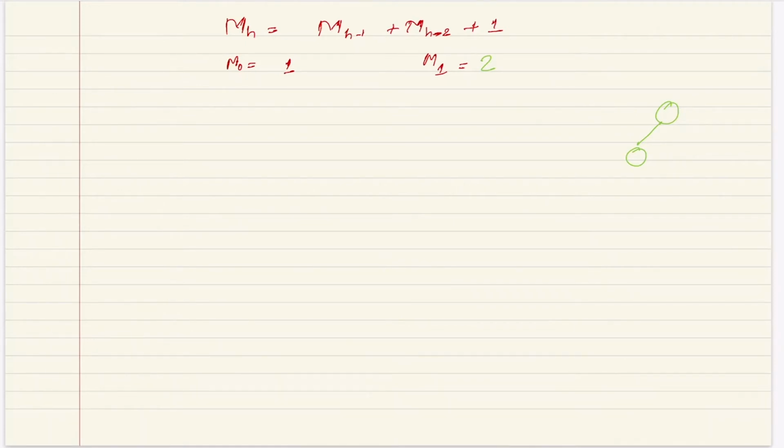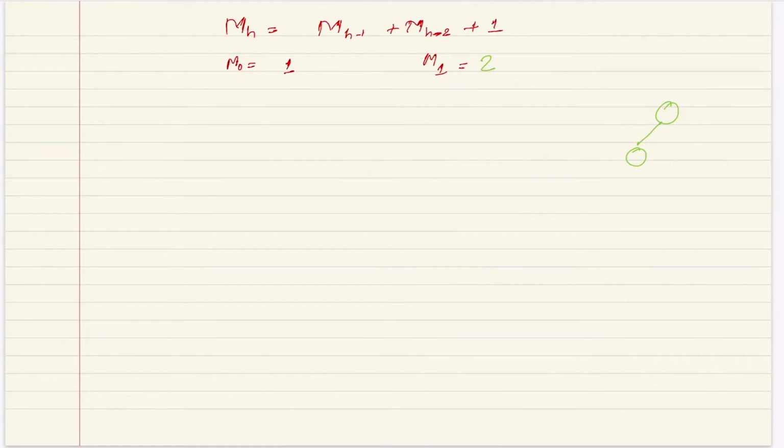Yes. Now, does this equation remind you of something? M_h is M_(h-1) plus M_(h-2) plus 1. Suppose there was no plus 1. What would it have looked like? M_h is M_(h-1) plus M_(h-2). Yes? So this looks something like a Fibonacci series. But there is a plus 1 here. So can we do something so that it becomes a Fibonacci series? Even the base case, you see m0 is 1, m1 is 2. For Fibonacci, this is 0 and 1. Well, base case anyway we can take care of.